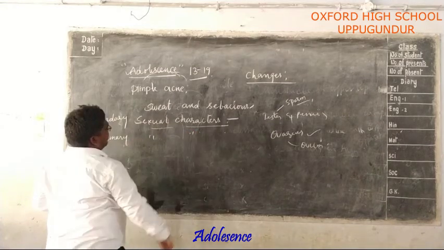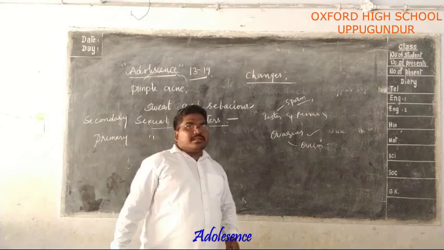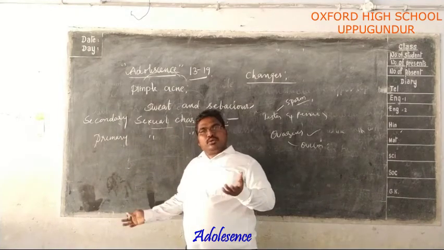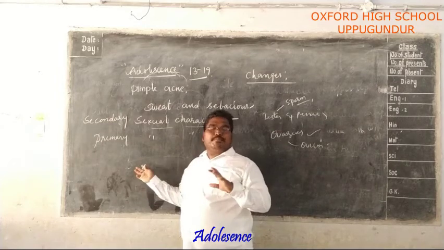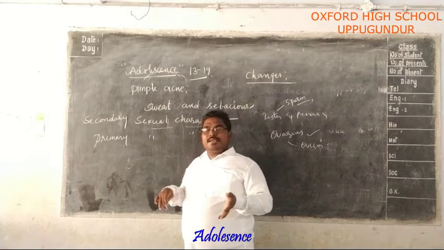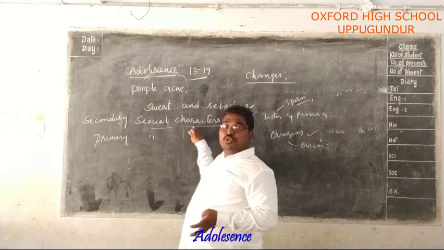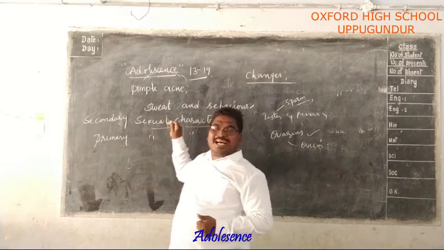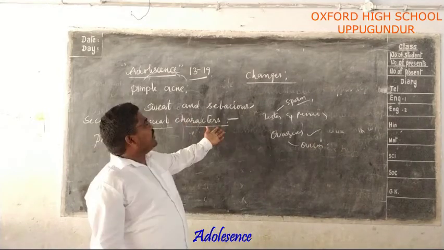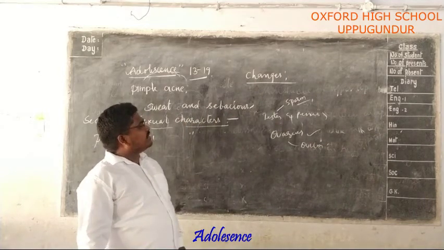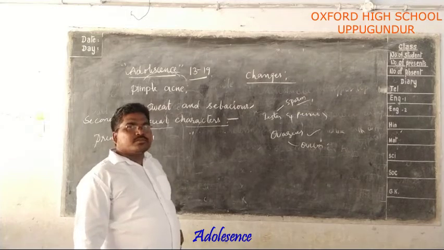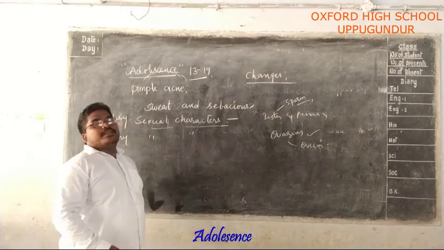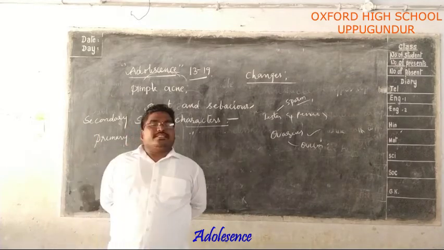Primary sexual characters. After the birth, we notice whether it is a boy or girl; those are primary sexual characters. But after that, secondary sexual characters, due to the hormones, the chemical elements released in the body, cause different types of behaviors and different types of changes. Do you understand? So, dear students, up to now we discussed different topics about adolescence.